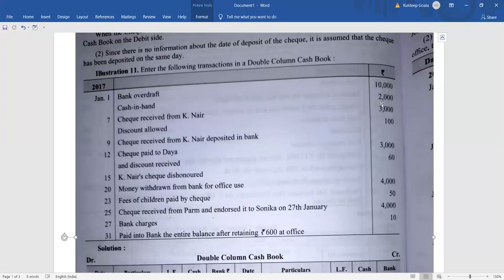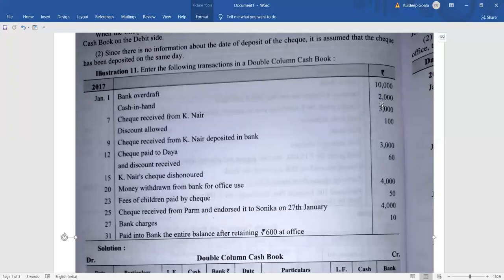But if my bank balance as per cash book is showing a credit balance, try to remember that a credit balance means it is a negative balance, in the sense that it is a minus balance. Now you may ask, how and when can a bank have a negative balance? Yes, a bank balance may be negative also, but it is not for every customer.